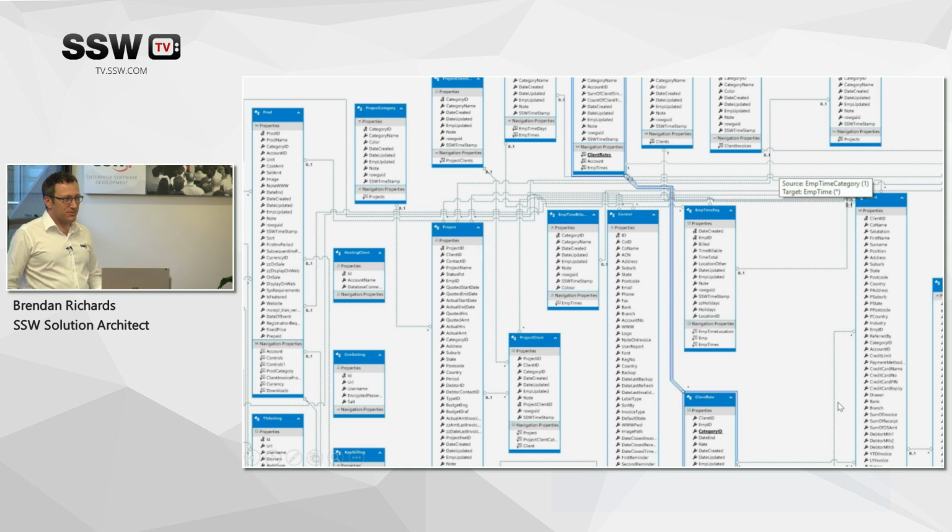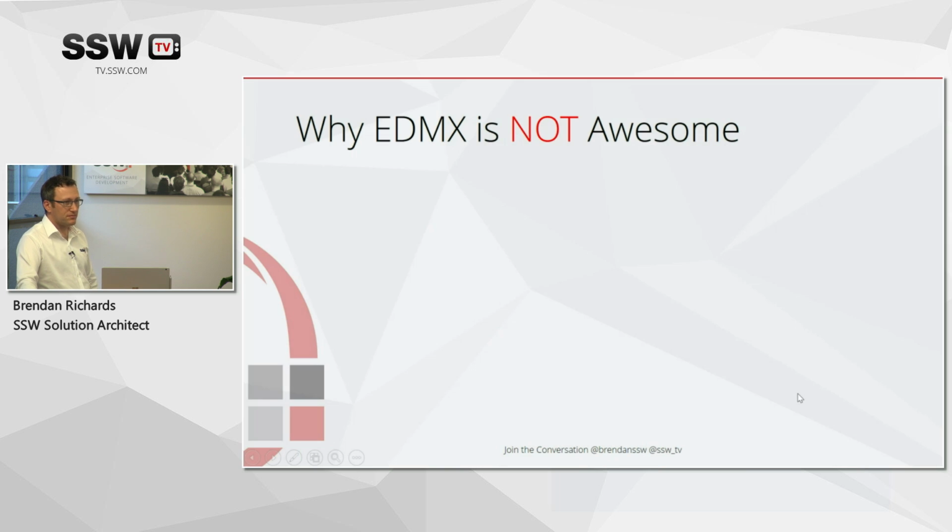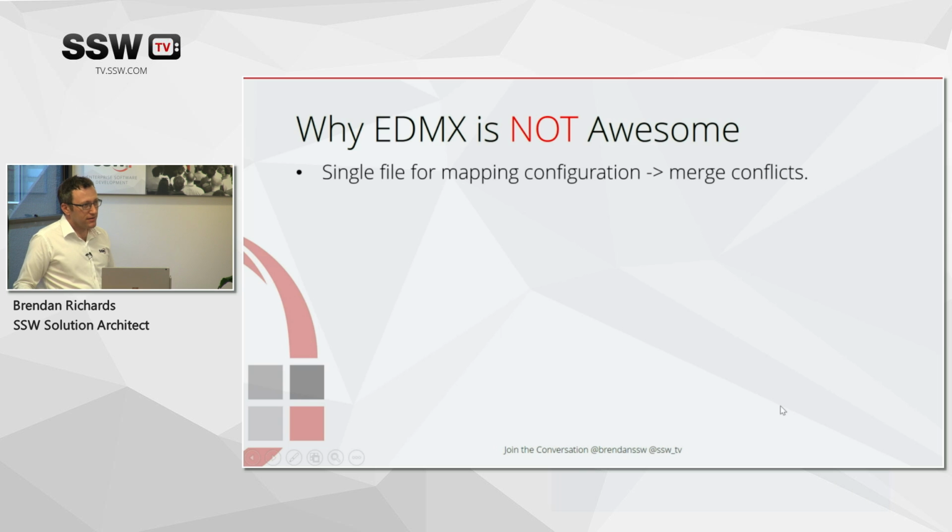In reality, this is what happens. You end up with quite a big mess to deal with, and finding something here is hard. You've got to just start searching around. There's no Control F12 to open ReSharper. There's no refactoring with ReSharper. So we've got that problem. We've also got some other problems coming along where you've got a single mapping file. So you've got all this configuration in one file. So you're going to have merge conflicts.